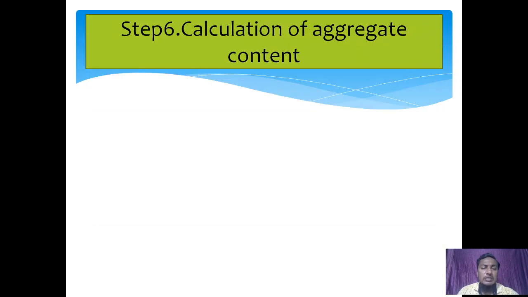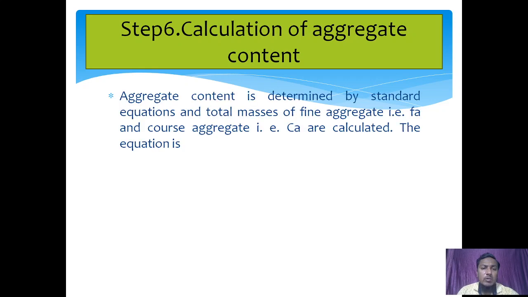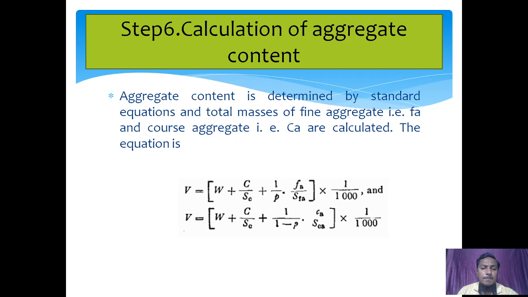So in the next step, calculation of aggregate content. So aggregate content is determined by standard equations, and the total masses of fine aggregate, that is Fa, and coarse aggregate, Ca, are calculated. The equation which is used to calculate the aggregate content is this one. By using that you can easily calculate the total masses of fine aggregate,